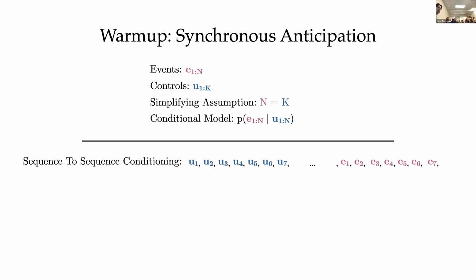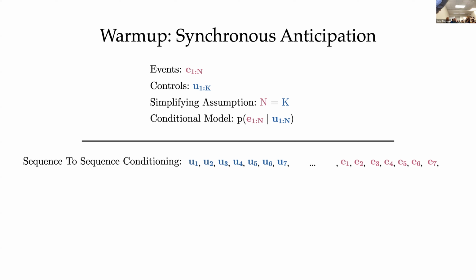Now I need to think about how I'm modeling this sequence. If it really is autoregressive modeling, conditioning on everything in the past, maybe that's fine. But if I'm using an LSTM or RNN, these models aren't good at holding on to long context. So maybe it's forgotten about the controls at the beginning of the sequence by the time I'm starting to generate event one. But maybe event one is supposed to be coupled with control one, like these are supposed to be occurring at the same time. So U1 is actually the most important control for predicting event one, but I've lost it in the history of this sequence.